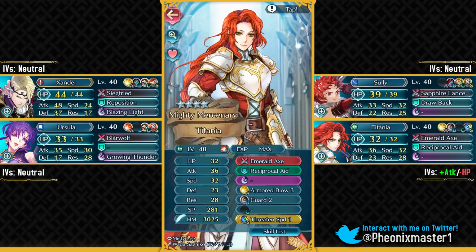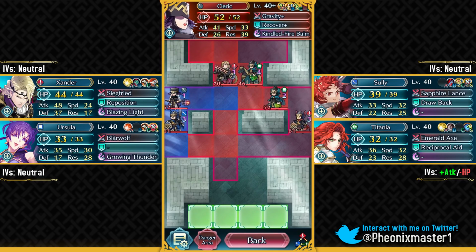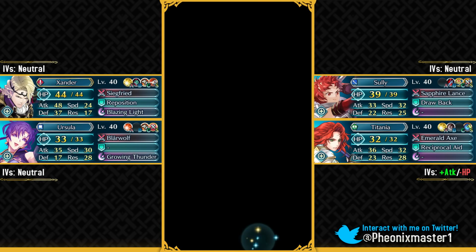Now Titania has got a vanilla skill set, and you will have to use a Titania for this. Emerald Axe Frederick or Gunter will probably not work because they don't have high enough resistance. My Titania has got a plus attack IV, but it doesn't really matter for this, and she needs to have Threaten Speed 1 Sacred Seal to prevent the double from the Lance Fighter after he gets the buff from the Cleric, because this Cleric has got Hone Speed, and this Lance Fighter can reach 38 speed, which is enough